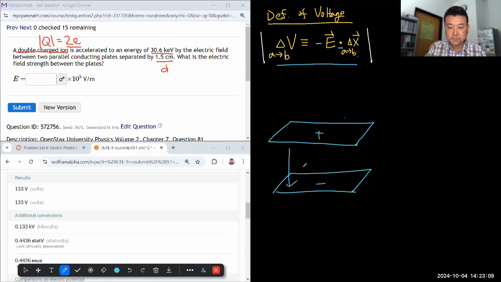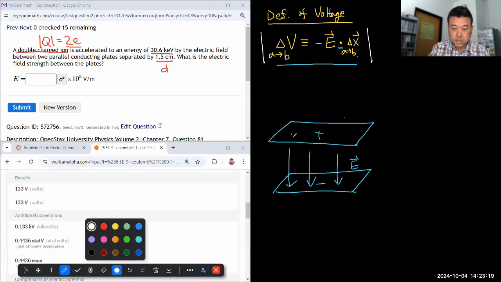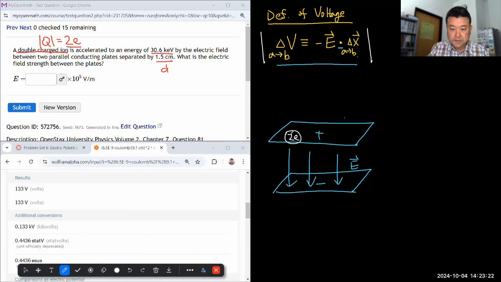Let me just have some representation of that. And what the question is describing is a particle of charge 2e that's being accelerated. Maybe this is plus 2e and being accelerated from here to here. It's just going from higher positive potential energy to lower potential energy. So what the question has told you is a change of potential energy of 30.6 times 10 to the 3, for kilo,